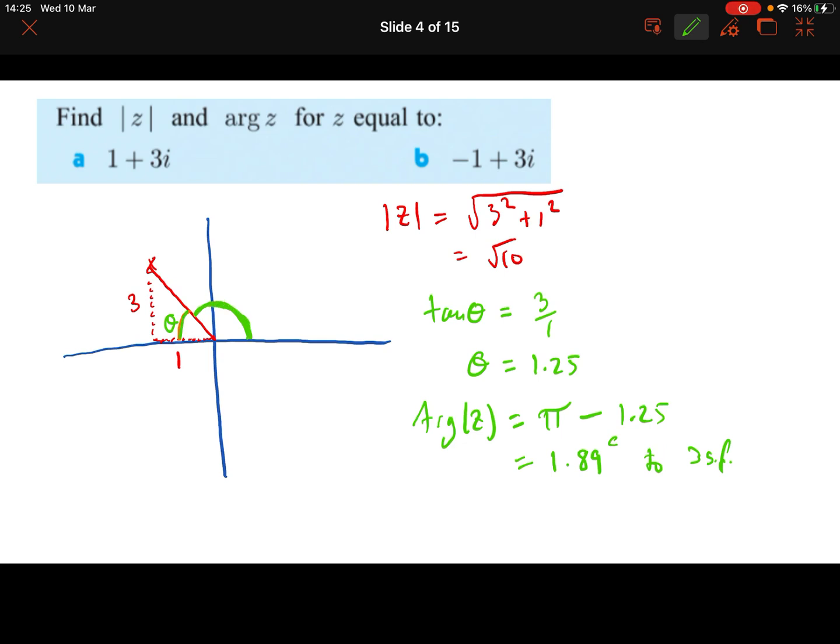Okay, I hope that makes sense, because you've got to make sure you measure the right angle. This is not the correct angle. That wouldn't be the argument. Okay, again, hope that makes sense. I'll stop the video there. Let me know if anything is